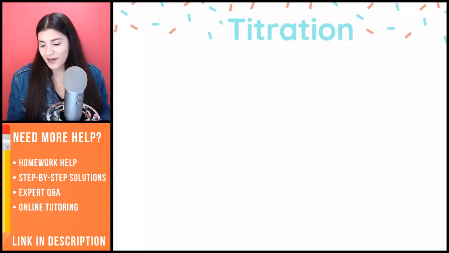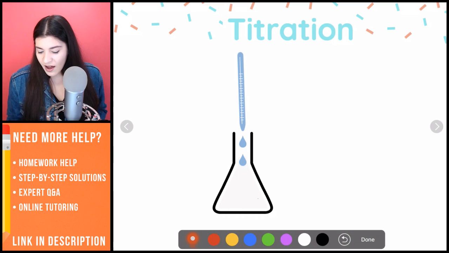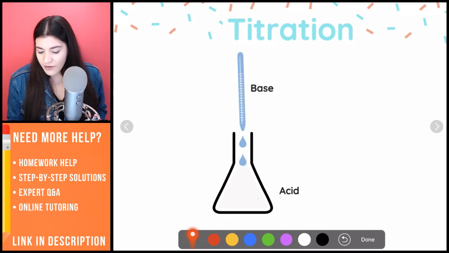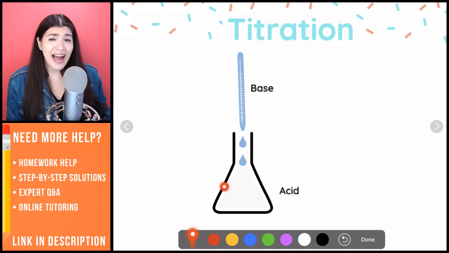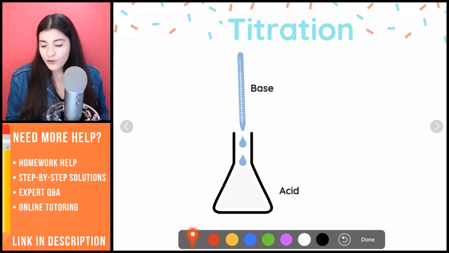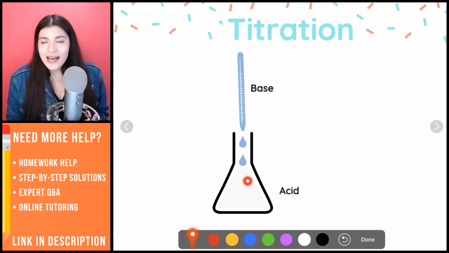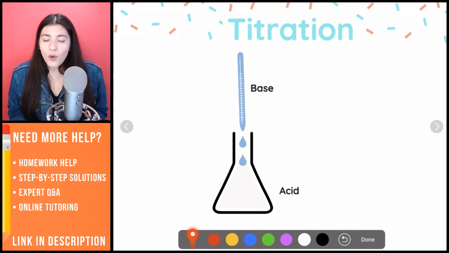And all that's really talking about is you're going to see some sort of setup like this, where you would have some sort of acid. You would have something in a flask, and you would have a certain concentration of acid. And what you're doing is you're titrating base, just meaning you're dropping base into the acid. As we're dropping the base into the acid, we're trying to neutralize this overall reaction. That's the whole point of titration.